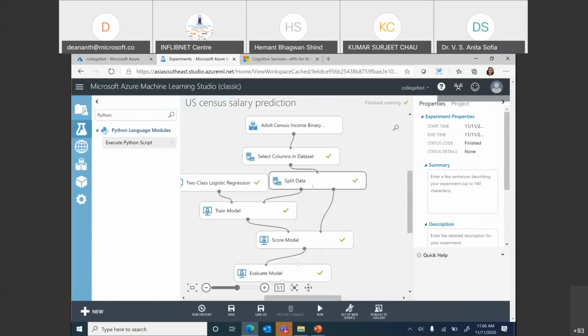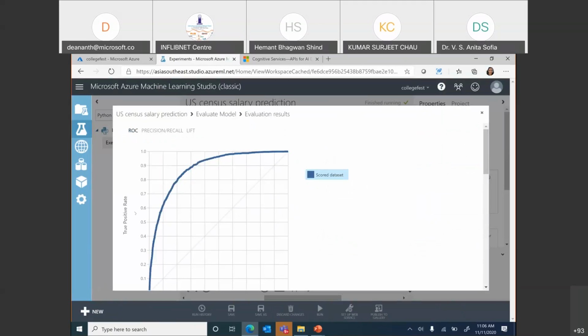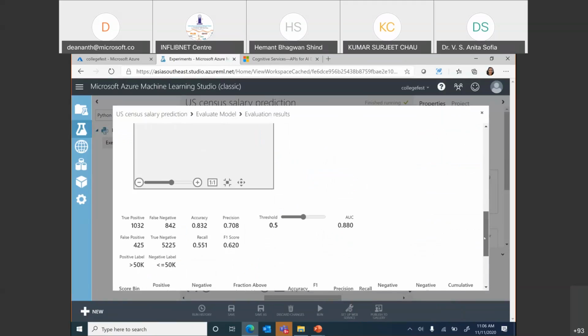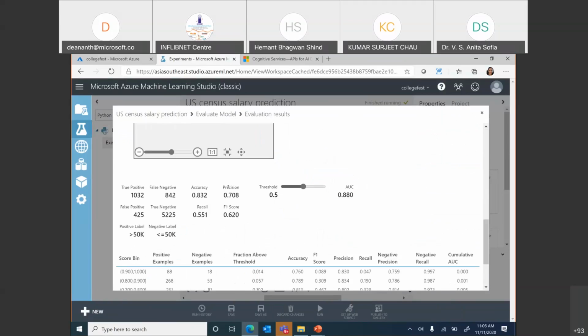So how much of it matches, how much of it doesn't match? This is where we'll have to use the evaluation of the model. This is called the area under the curve. The closer this is to 1, the better it is for accuracy. We also have this threshold to say that anything which is true and true is good. We've got an accuracy of 83%, which is pretty good. We could improve it further, but for now, we will not improve on that. We'll say that anything with an 80 to 90% score is pretty good. Even 75 onwards is pretty good.